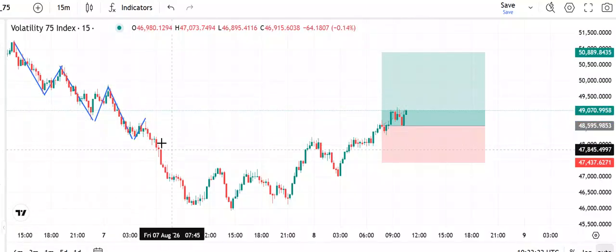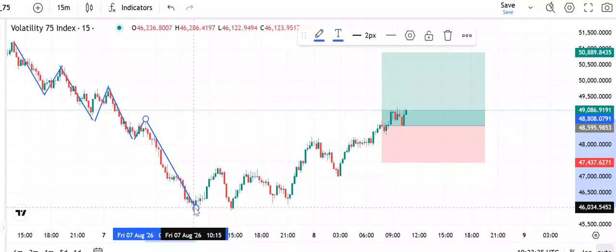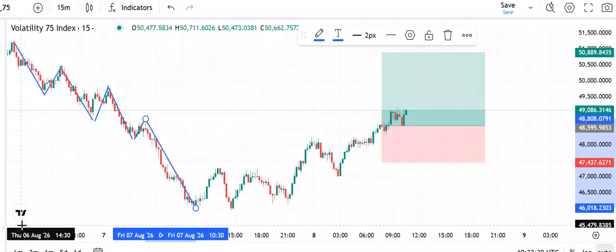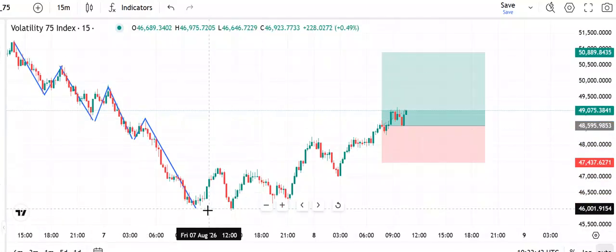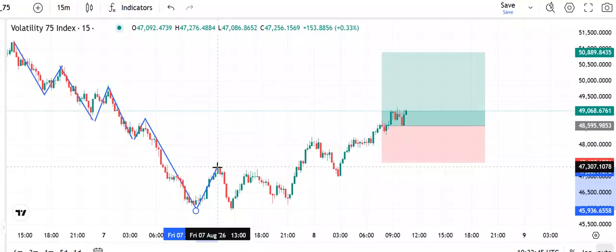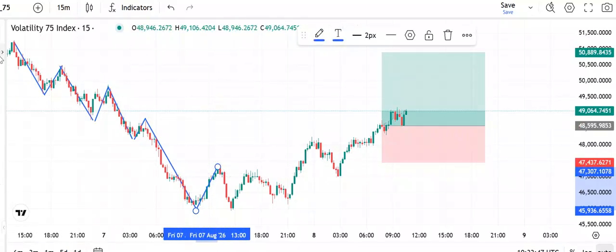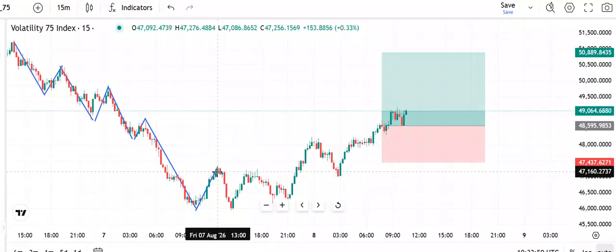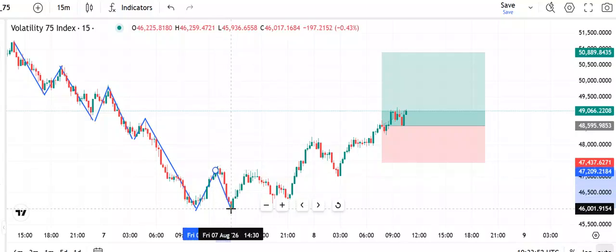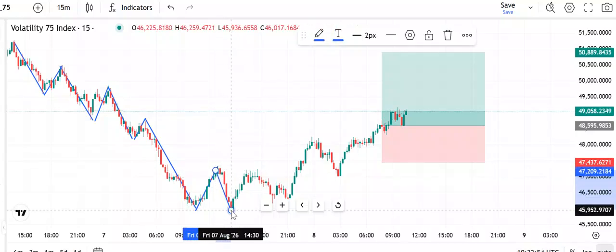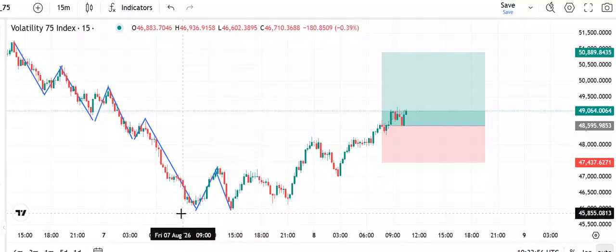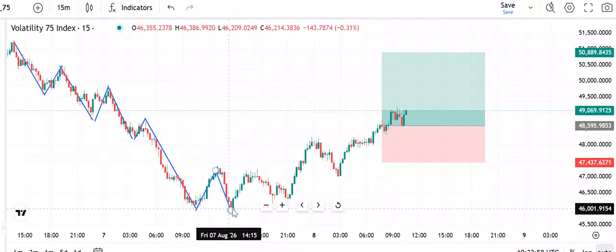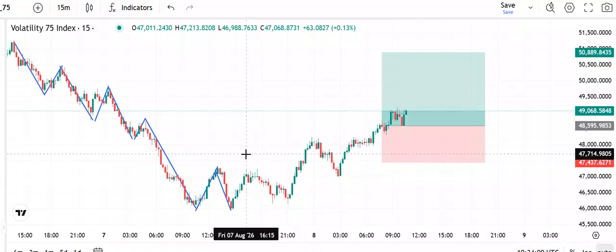We have lower low. Okay, and then we have to this level lower high, and then to here more like higher low, because this low here is lower than this very low,